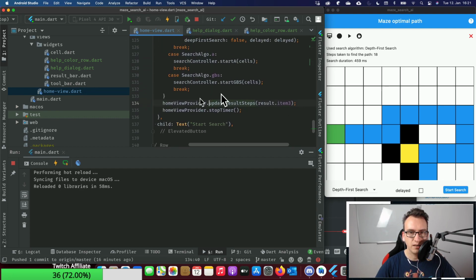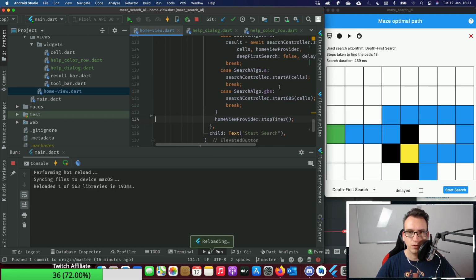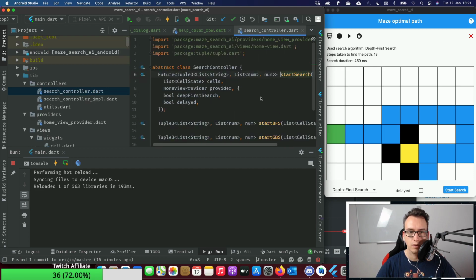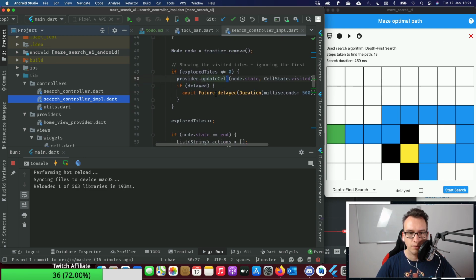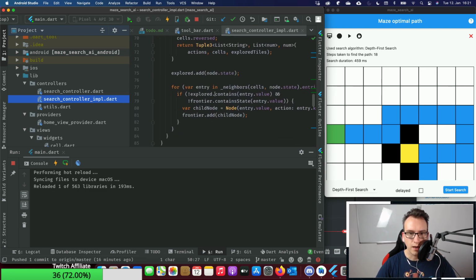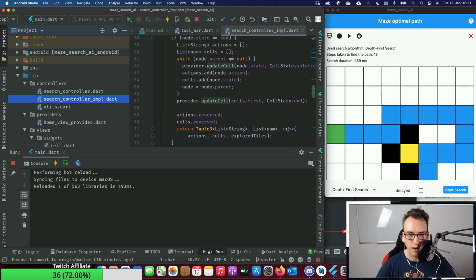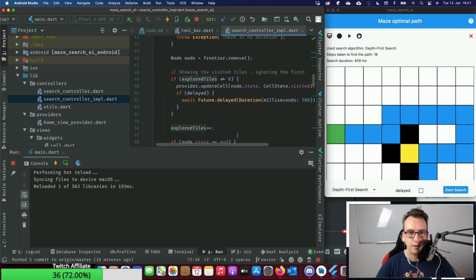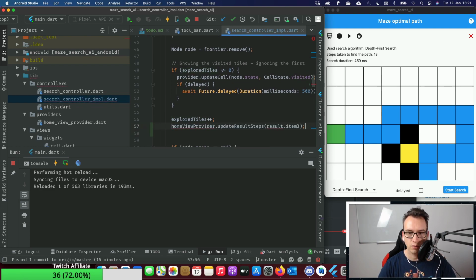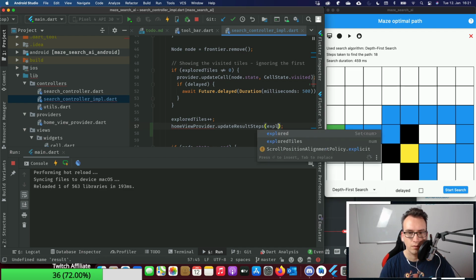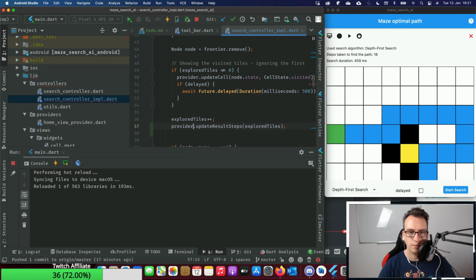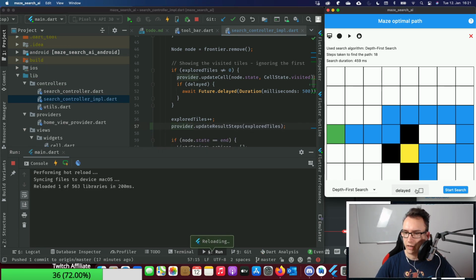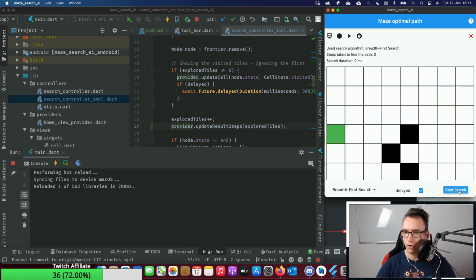Okay, at the moment we update them only at the end. So what we could do is go inside of the search. And yep, inside of the search, whenever we do a step, what do we return at the end to receive that? So we receive the tuple and I think the explore tiles. So whenever we update this, we just increase that. This is just a provider. And that should work already. So if I delay that and we go to the broth.